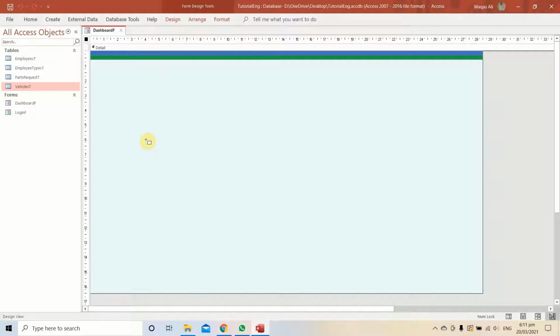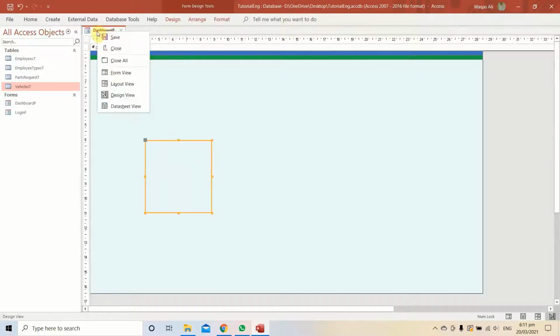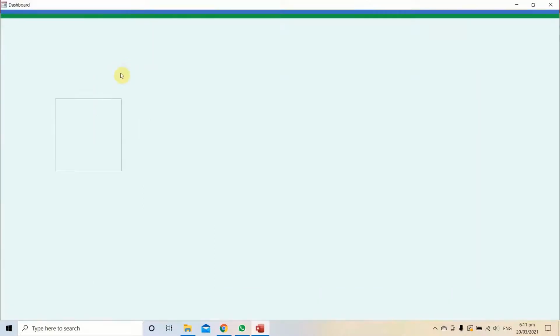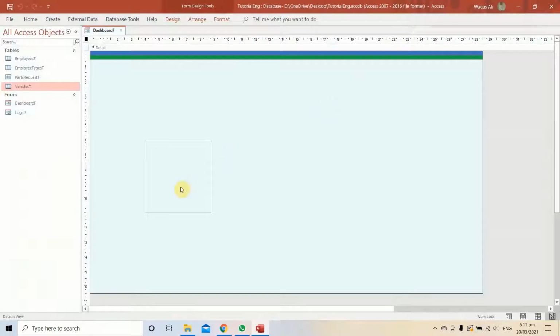So I think in here it's fine. And if I right click and go to the form view, we'll see how it will be aligned. So this is not perfectly aligned to the center of the form. Right click, design view, and